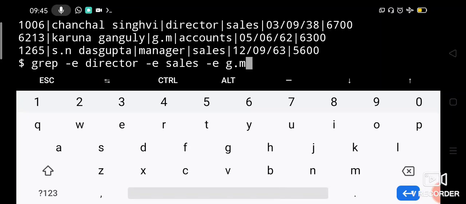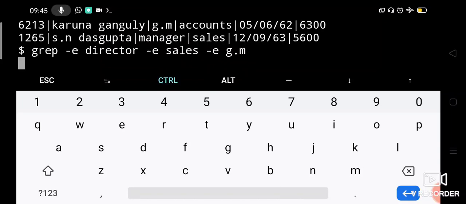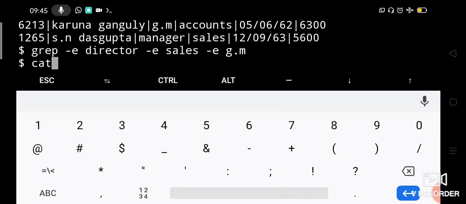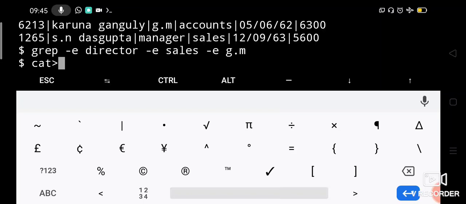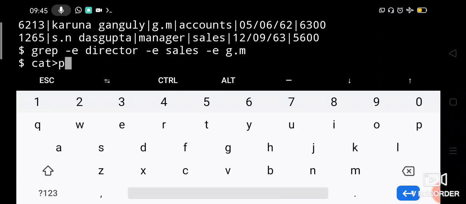The final option of grep is -f, which is used for searching a pattern which is given in a file. Okay, let us create a file. Let us say cat pattern.list.